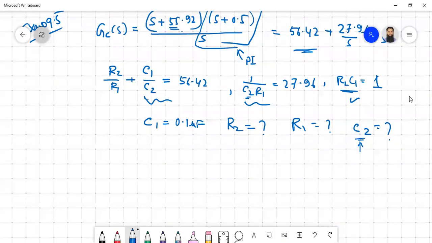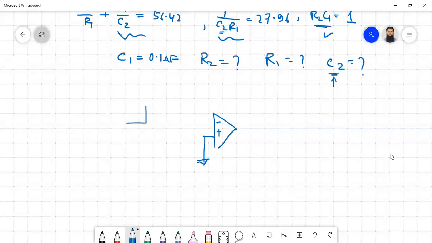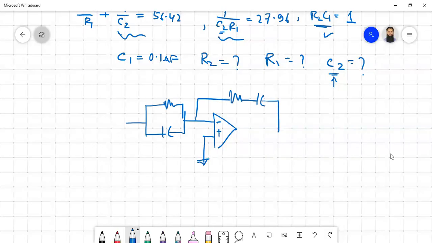Okay, so eventually after finding all of them, you know how your controller should look. The controller should look like this: minus, plus. This is grounded, so an inverting amplifier. So you have two resistors and the capacitor. We already figured out what should be the value of the capacitor. So I'm just writing the book's value, even though they used this one, then figured out the rest of them. So the book's value, according to them, is something like this: